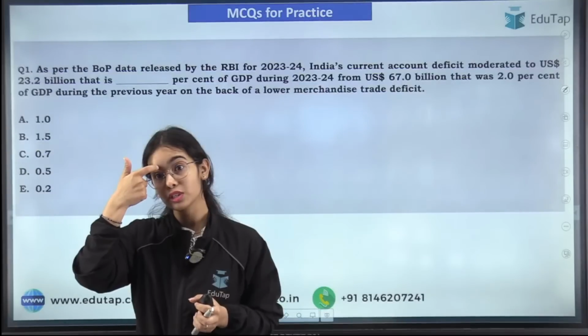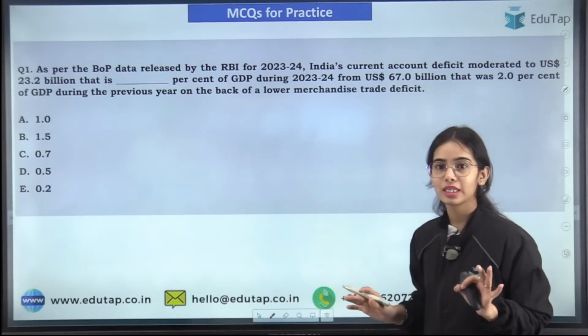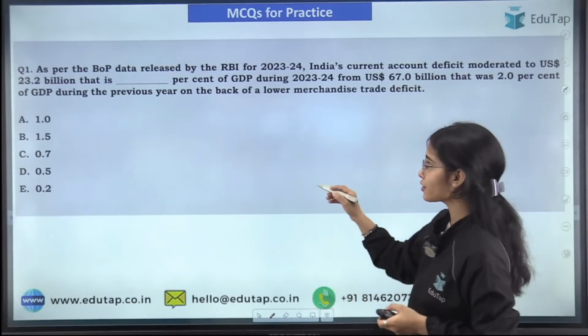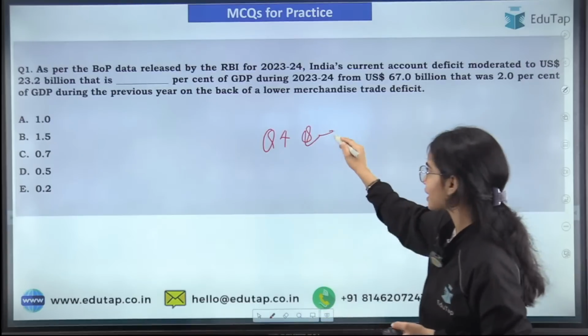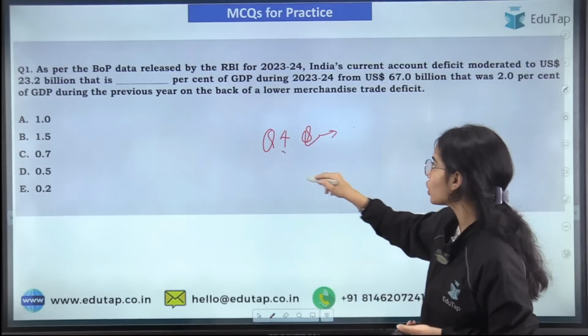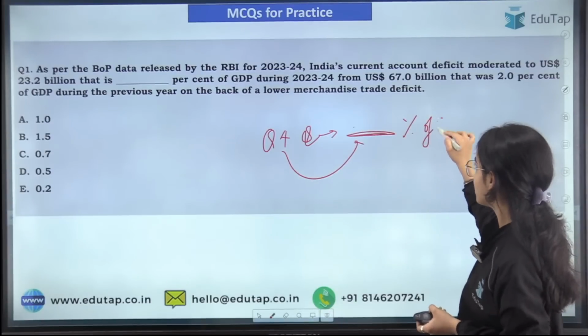Any confusion? Superb explanation. Thank you so much, Pratul. Means a lot. No confusion. Clear, everyone? This is the first question. Okay, if I say that in the quarter 4 there is the surplus that has happened in 2023-24, what is that surplus as a percentage of GDP, you have to tell.